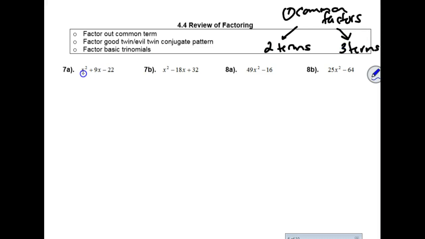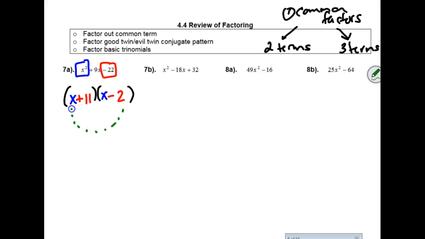So, this question, no common factor. And I have 3 terms, so we're just going to use that reverse foiling process for factoring. So my first terms are supposed to multiply together to give me x squared, so that would be x and x. And my last terms are supposed to multiply together to give me negative 22. So that would be 1 positive, 1 negative, and 22 is 11 and 2, amongst other, there's 22 and 1 as well. But I'm going to use the positive 11 and the negative 2,